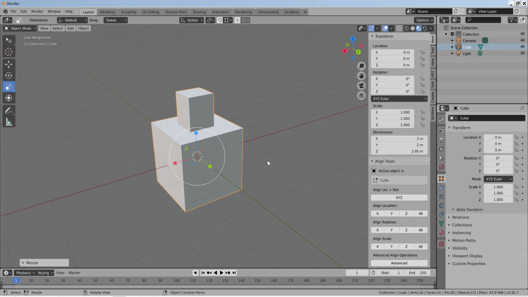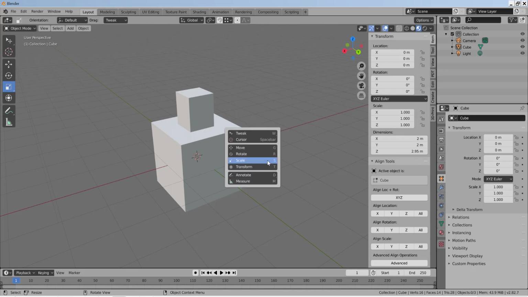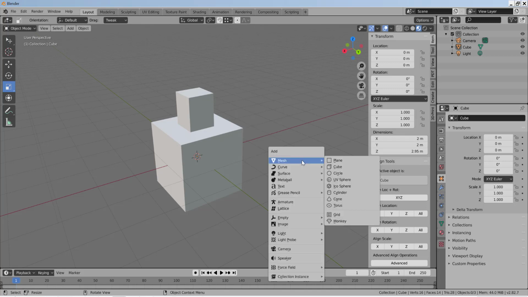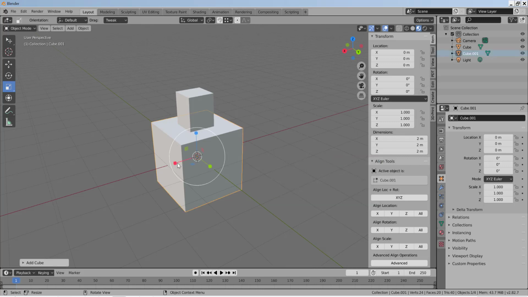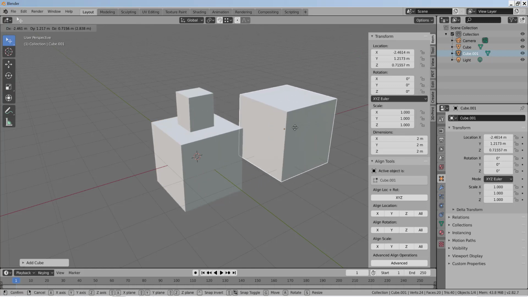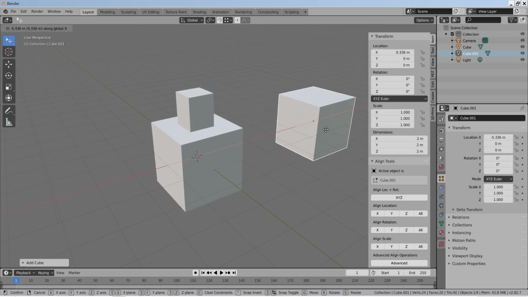At least for me, it's handy when I'm modeling stuff. So if I hit Shift A, I create a mesh. Let's create a cube. I'll hit W. Sorry, I'll hit G. Old habits die hard. GX, move it to here. And if I want to align